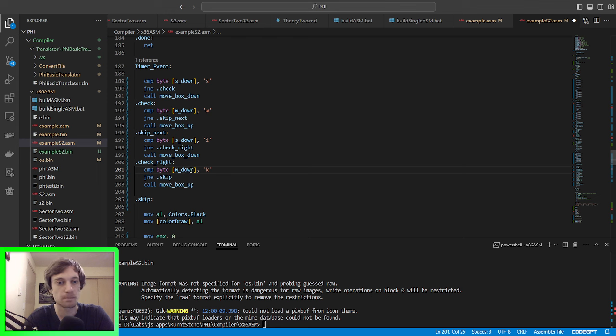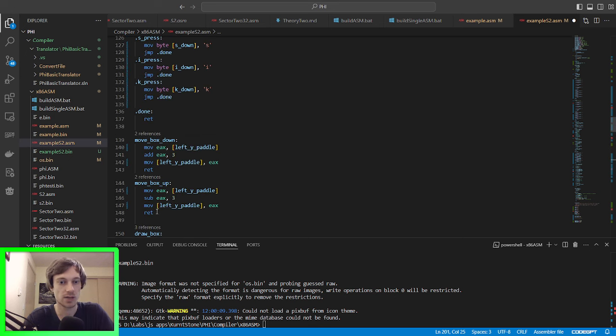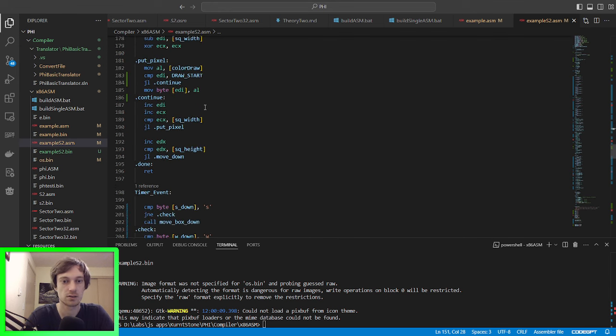Up, okay. And then instead of move box, we'll need to have a right and a left box. So move right. And then this will be just replace all these, I think. Yep. And then this